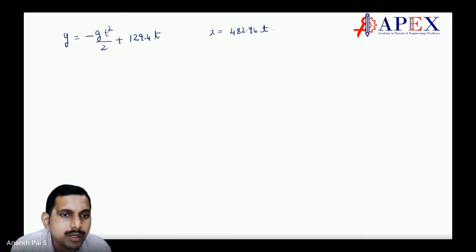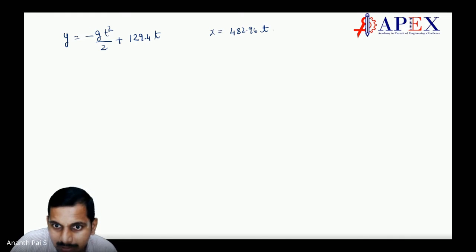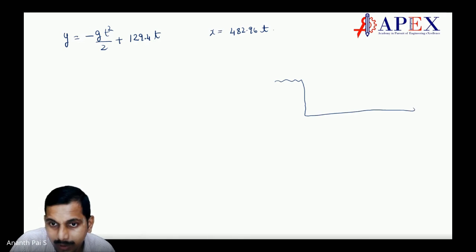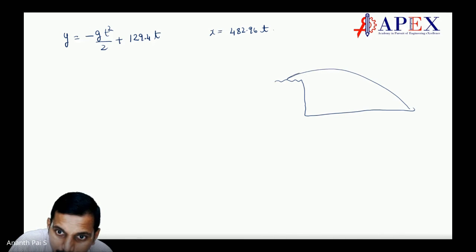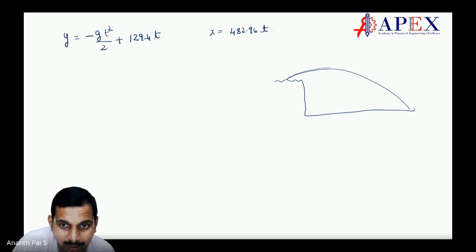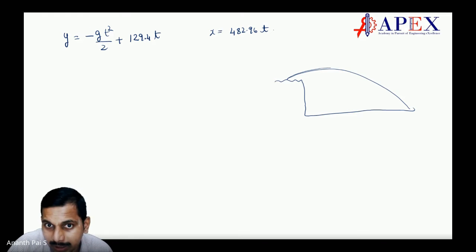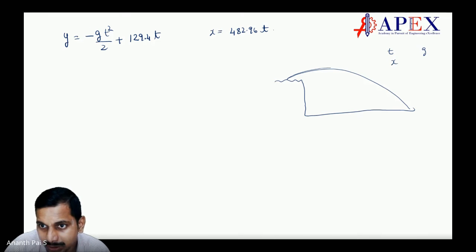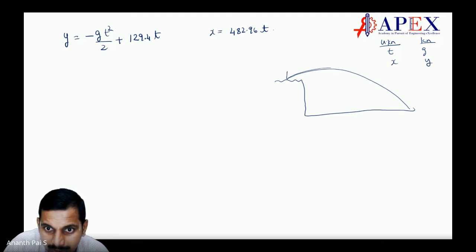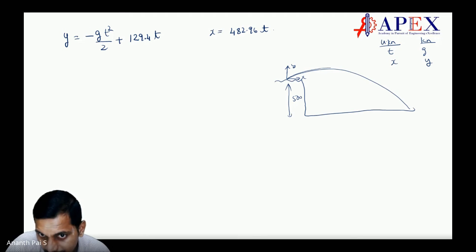Now see, the ballistic which is going from this point would reach a point over here, correct? So what is the time taken for this ballistic to reach here has to be calculated. So what are the unknowns here? t is unknown, x is unknown. All the other things are known, is it not? g is known, y is known. If I have taken this as x and this as y, and this is the origin we have taken, then y is minus 500 meters.